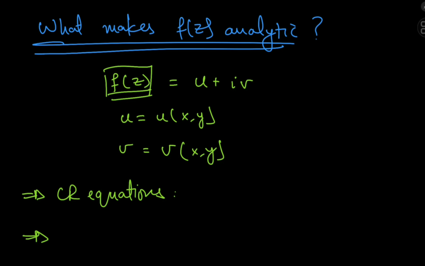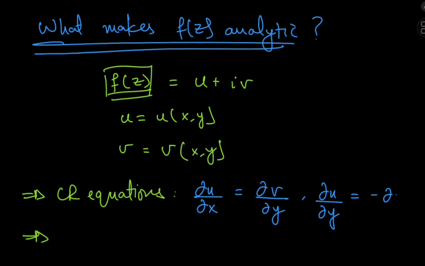The first one of these is the Cauchy-Riemann equations, or the CR equations, which by their very name makes it a big deal because, well, Cauchy and Riemann. So what are these equations? Well, these equations are: the partial derivative of u with respect to x equals the partial derivative of v with respect to y, and the partial derivative of u with respect to y equals negative the partial derivative of v with respect to x. So those two are the CR equations,